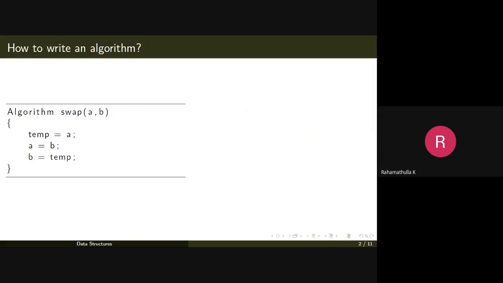These things are not required in the case of an algorithm, whereas in a program we should specify the type of the variable and all these minute details. So it's very clear that this is the design stage, and the program is written at the implementation stage. At the implementation stage, you should know the type of the variable, how much space the variable will take, and so many things. So this is an algorithm for swapping two numbers: temp equal to a, a equal to b, and b equal to temp. You take a temporary variable, you assign a to that, and so on.